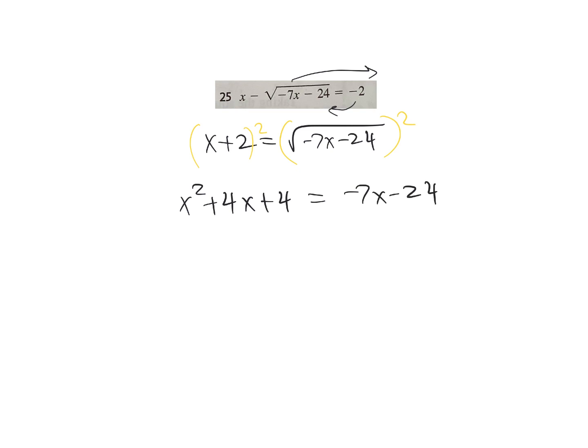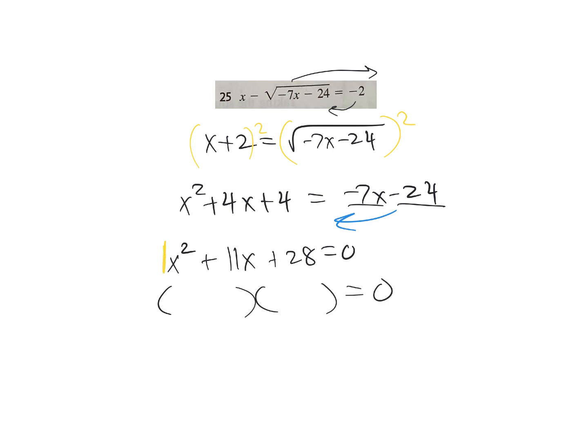So these are things that you should be able to do. Expect something like this on the test or the quiz. So let's move everything to the left here. So x squared and a 4x plus 7x is 11x. And a positive 4 plus 24 is 28. And again,